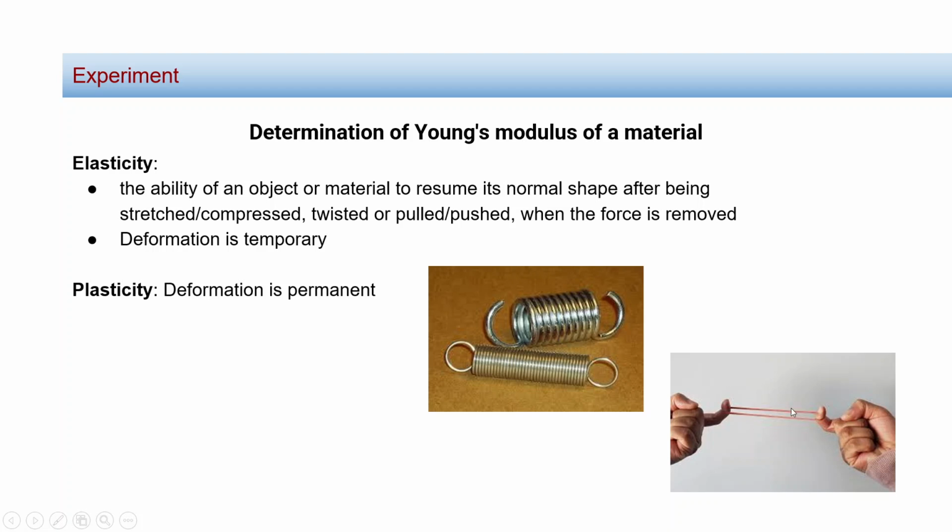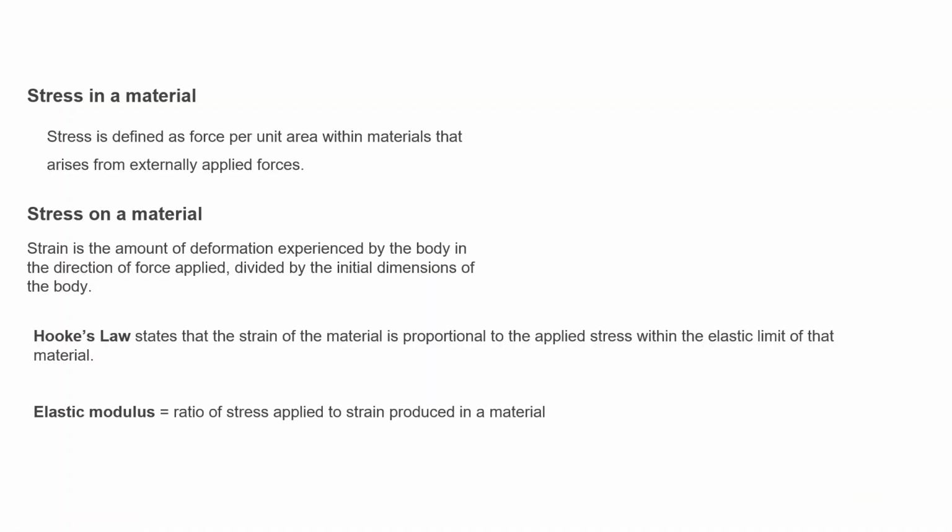But sometimes it also happens that if we put too much force, if I'm pulling it too hard, that means I'm putting too much force on the rubber, then it will completely break apart, and then it cannot go back to its original position. That is true for every material, but we'll discuss that later. That is the elastic limit. Any material has its elastic limit, till which it can come back to its original position, but after that elastic limit, it cannot come back to its original form, and is completely deformed. So we understood elastic and plastic in general,